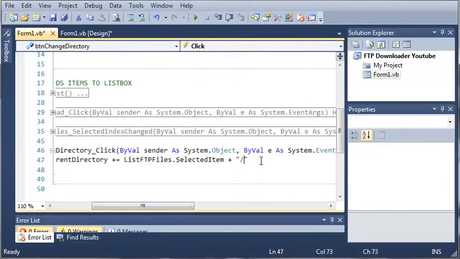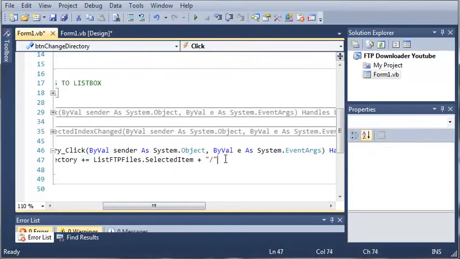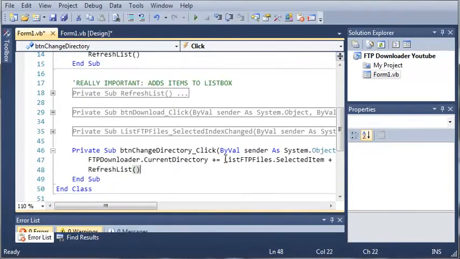Then it's going to add another slash right there. So by adding this / right here, we only had to do this once. So it adds that and then adds another / so that we can keep going into more and more folders. So it's going to add this string to the directory. So now what we need to do is we need to refresh the list. So refresh list. Now let's go ahead and run this,